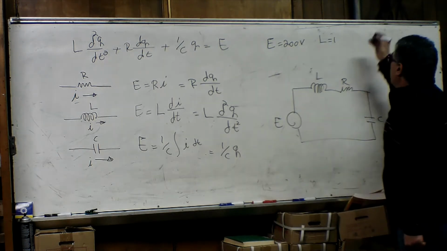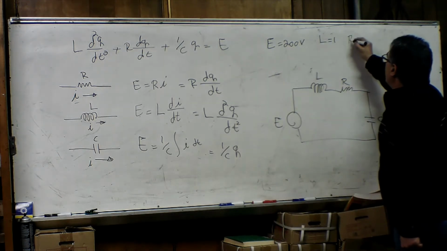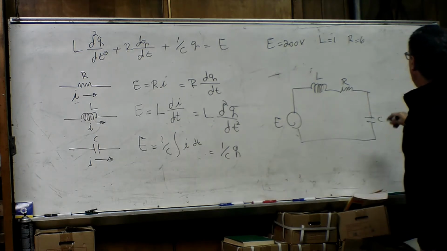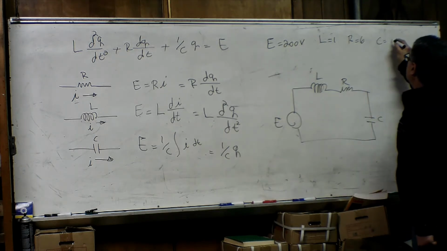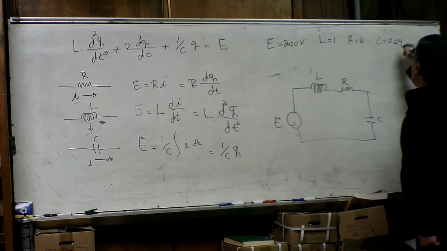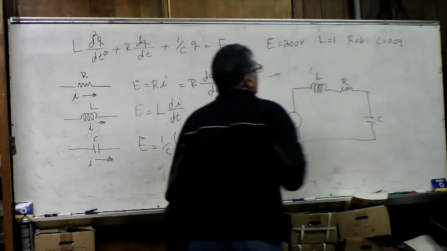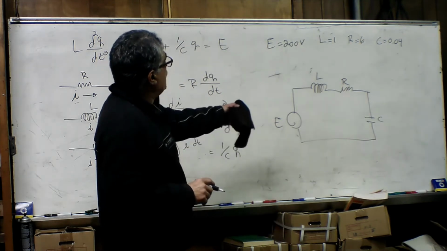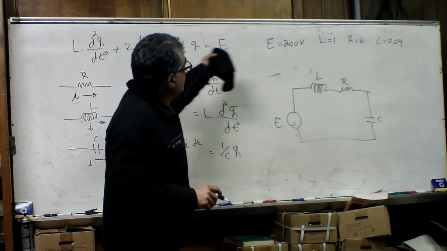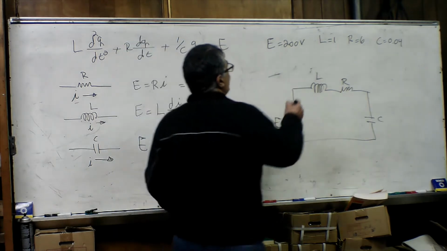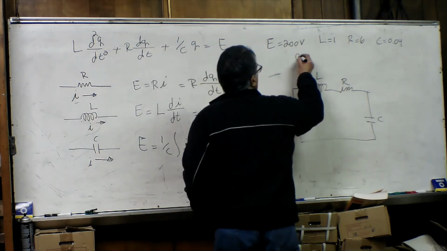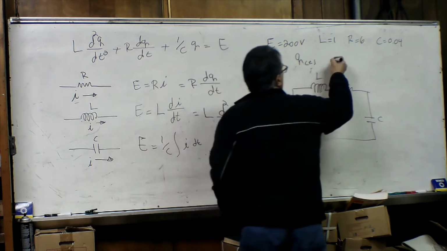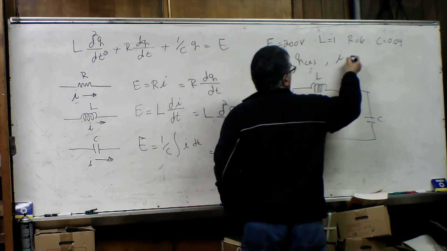Let's say our resistance is 6 ohm, and let's say our capacitance is 0.04 farad, and by this information we want to find the value for charge. We know charge is a function of time, and also we want to find our current,